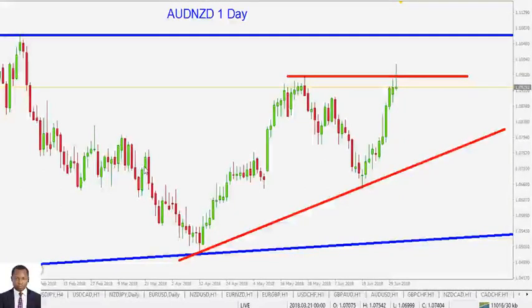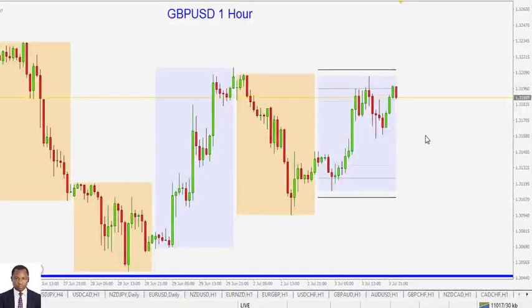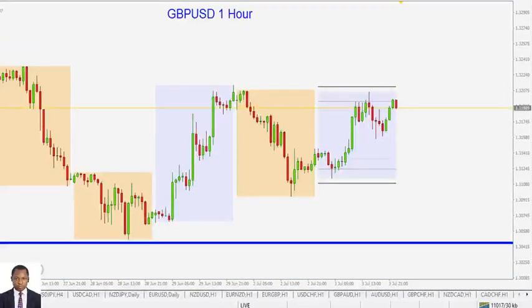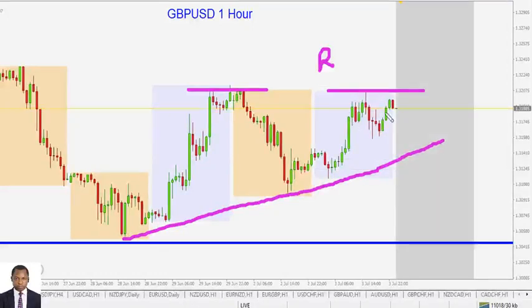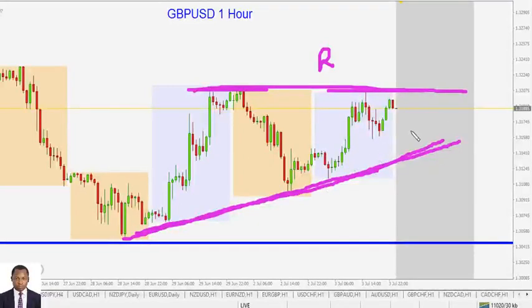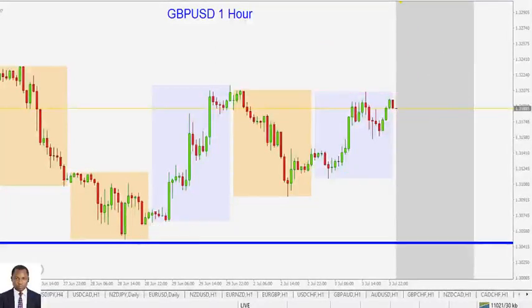All right, and finally the sterling pound against the American dollar. I am finding an interesting price behavior here. We are having this area holding price as resistance, and we are having higher swing lows. So we are having effectively a flat top. Sorry about that break in the transmission. We are having a flat top triangle. The pressure is more to the upside, and we're likely going to be seeing a push to the upside.